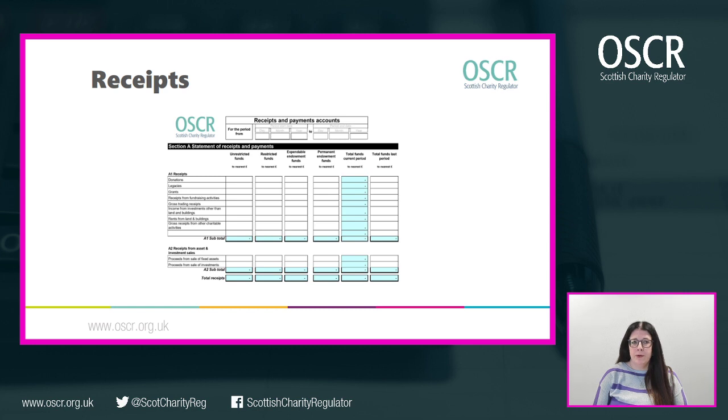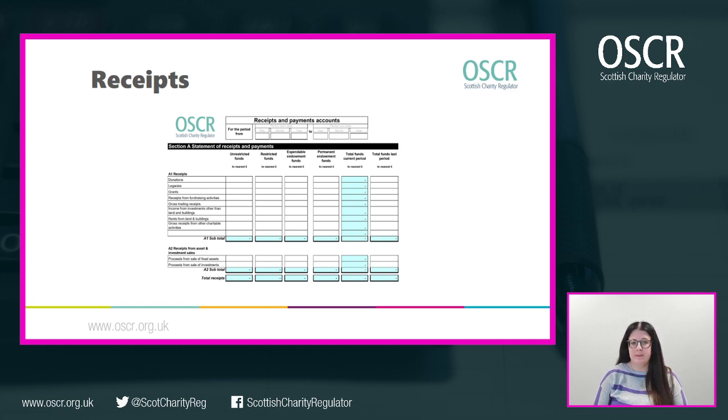I'm going to walk you through what the receipts and payments account actually looks like. What you can see on the slide here is an extract from our receipts and payments template that we have available on our website for anyone to use. If it's a little bit small to see, there's a link to the slides in the description for this video, and you'll be able to look at the slides in more detail. But equally, you can look at the workpack on our website and you can download these templates and study them